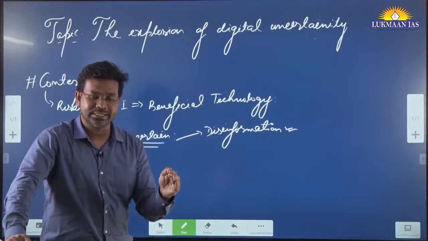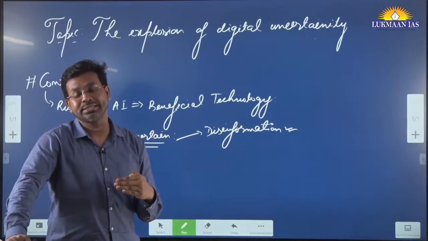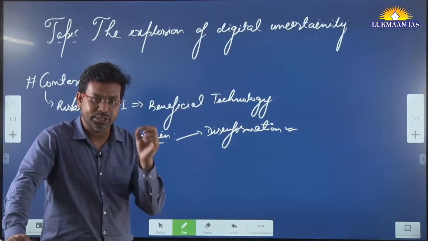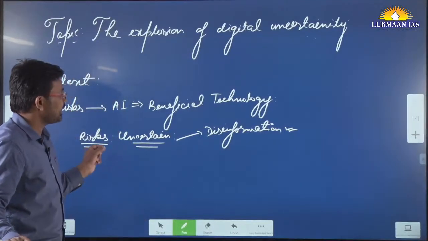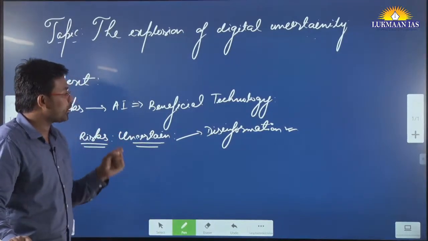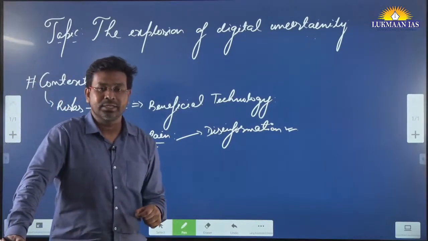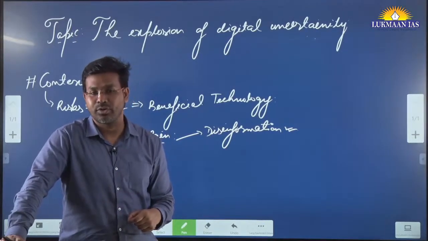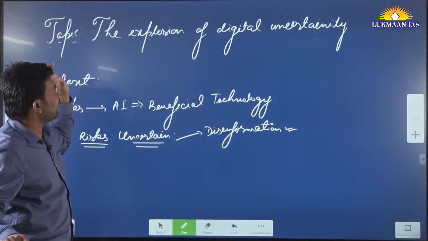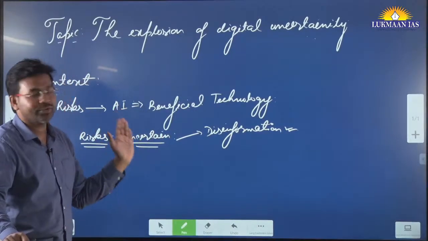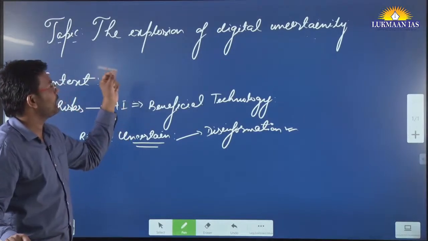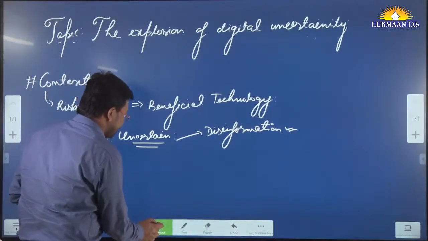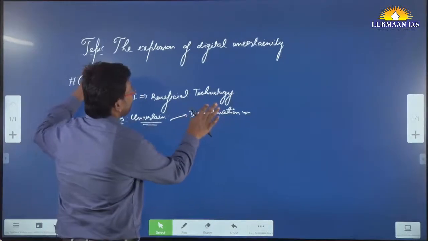So the author is warning through this article that although artificial intelligence is considered to be a beneficial technology because it is in its nascent stage, as the artificial intelligence systems are growing, as they are maturing, there will be some potential threat actors who may use artificial intelligence in different ways that may cause problems for the society, that may bring new challenges for the government, for the society, for different people across the world. So the author is warning that although this field of artificial intelligence is growing, the threat associated with artificial intelligence is also growing. We are witnessing newer phases of threats. We are witnessing newer ways of threats.